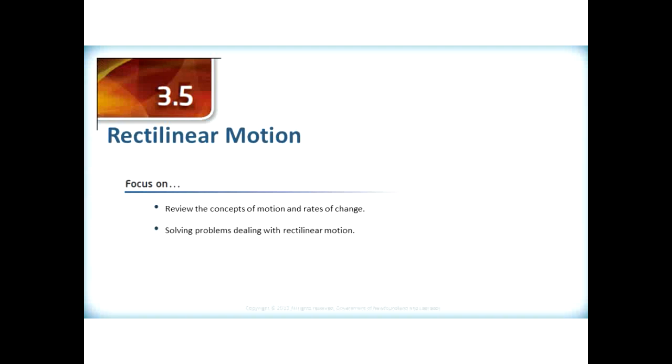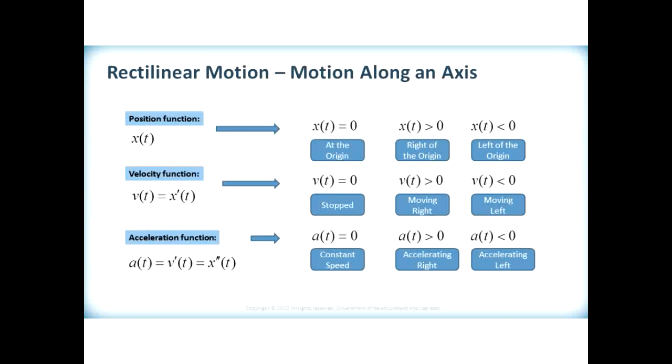So rectilinear motion, or sometimes just called linear motion for short, we're going to review the concepts of motion and rates of change, and we're going to solve some problems involving this stuff. So not a whole lot going on there, but we'll roll right along. So basically we've got to talk about what this means. When we talk about this special kind of motion, we often call it motion along an axis. So for motion to be motion along an axis, all that really means